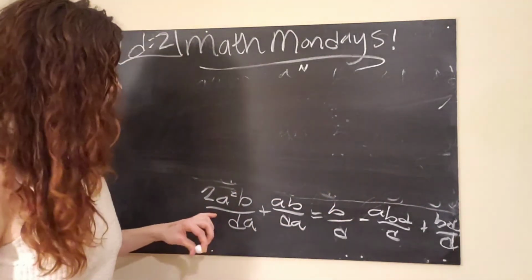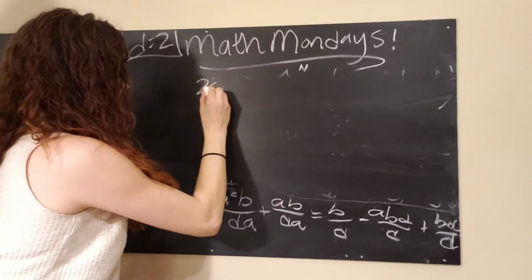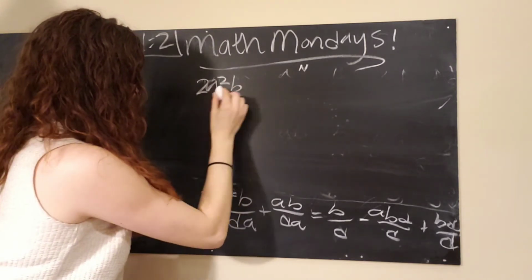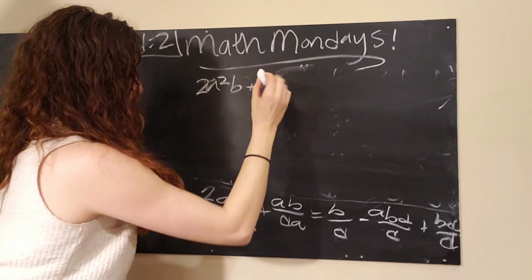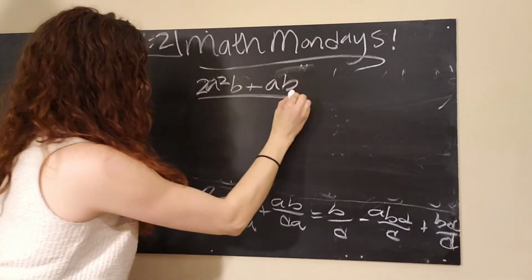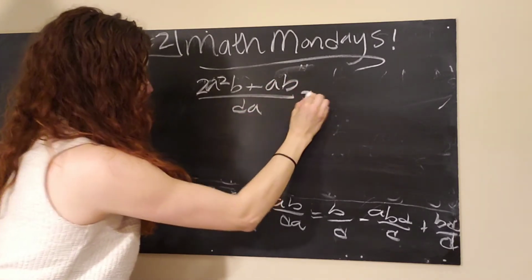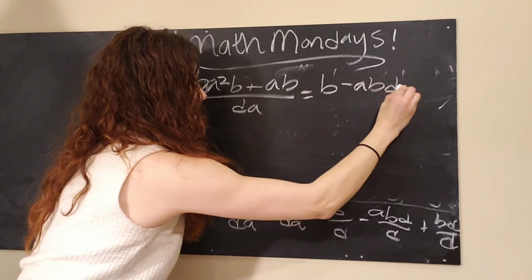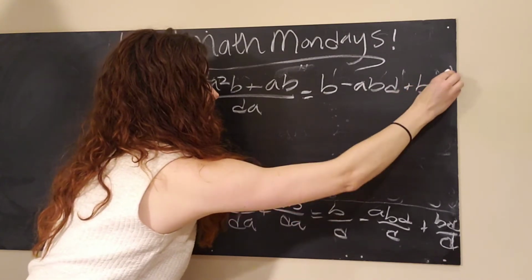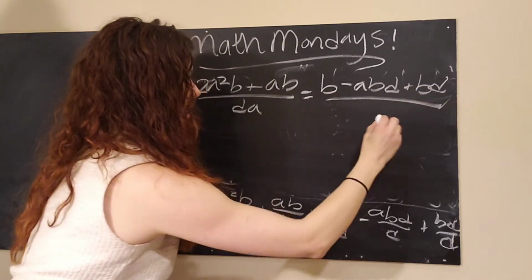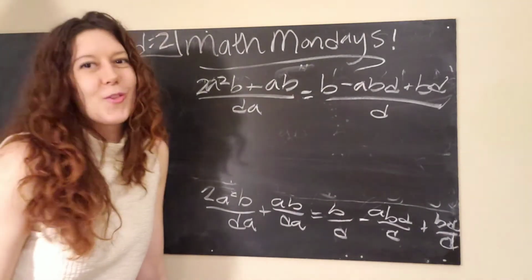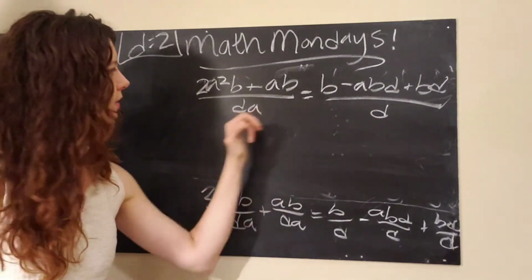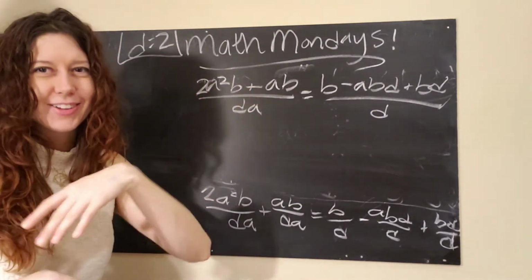Okay, so let's see. We got 2a squared b plus ab over dA equals b minus abd plus bd over d. All right, so first thing is that because we have a d in the denominator,